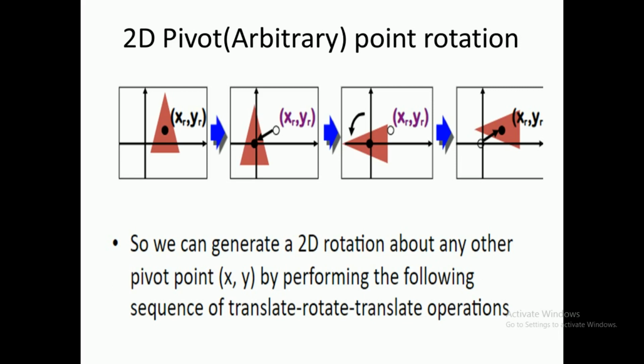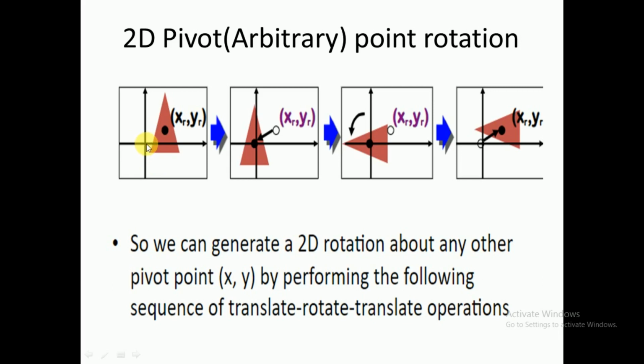But in some problems, what happens? In most real life problems, the situation may be different. You may require to rotate, or scale, or translate with respect to some arbitrary point. That is called a pivot point or arbitrary point. Example here we have taken arbitrary point rotation. Whatever rotation we have done previously, we considered this as the origin, and about this point we have rotated, either clockwise or anti-clockwise. But you always considered the origin as the reference point.